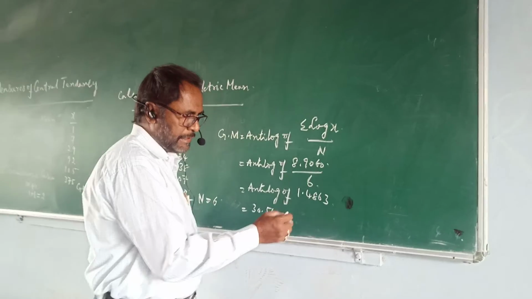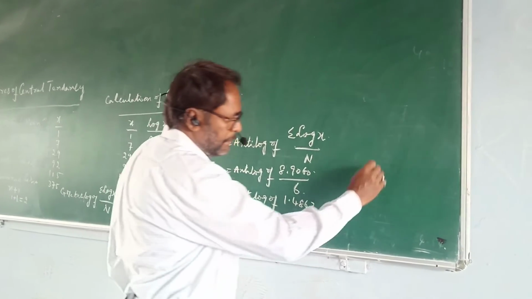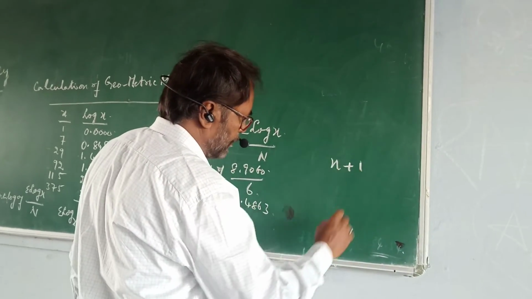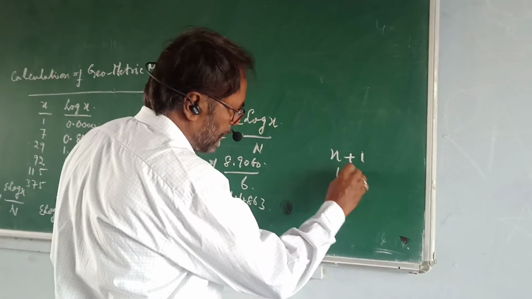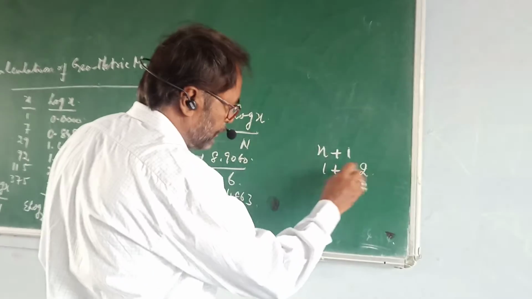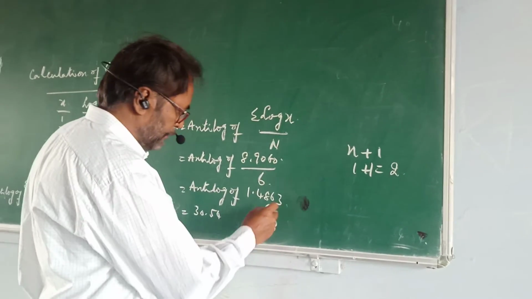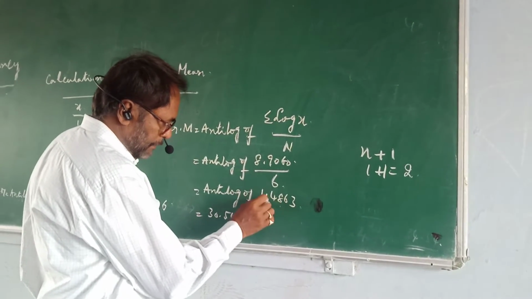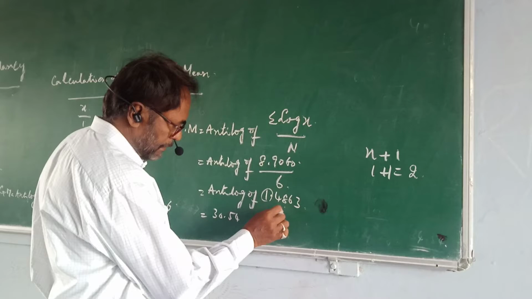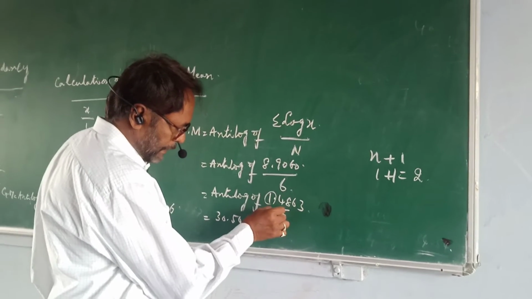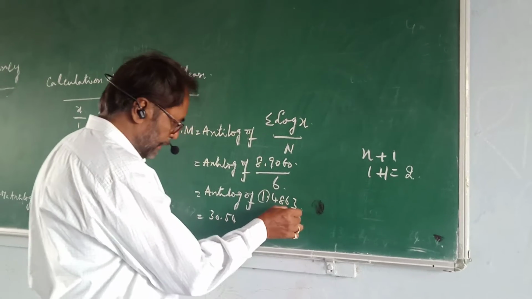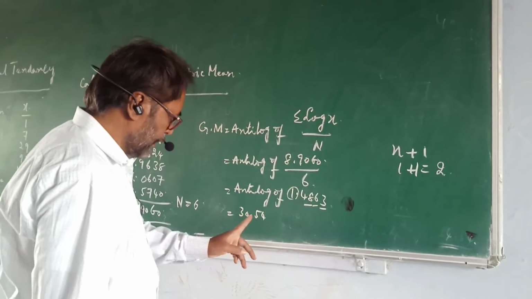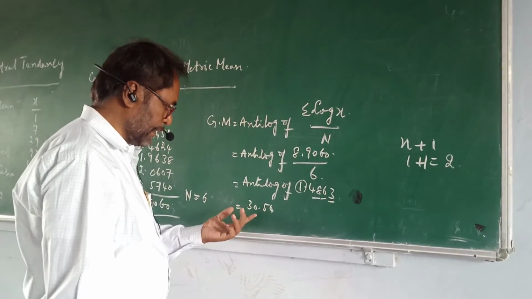In the case of antilogarithms, n plus 1, it means one value is there. So 1 plus 1, this will become 2. Then we have to find out, leave this one. Then first 4, 8, then go to the 6. Then in the mean difference, we have to take the values. So all the values we come across nearly